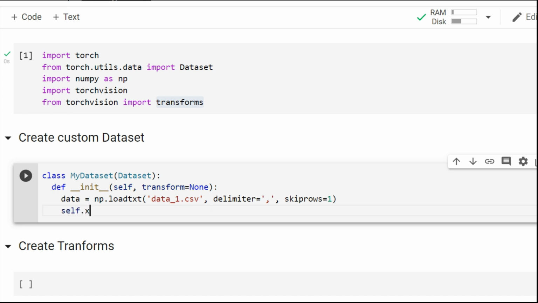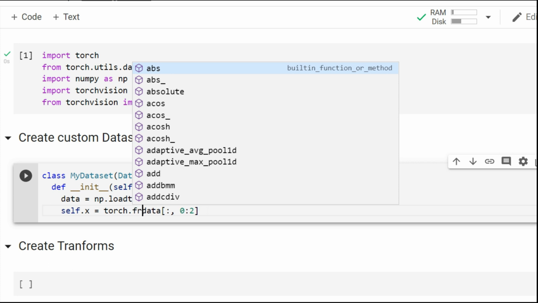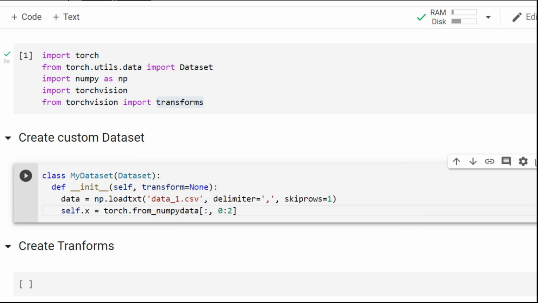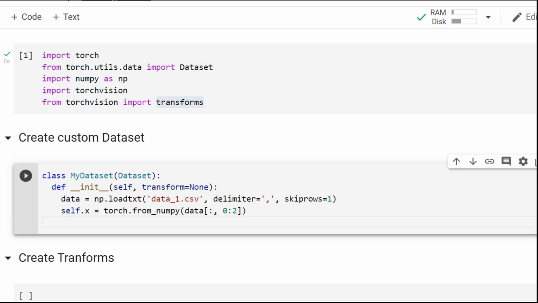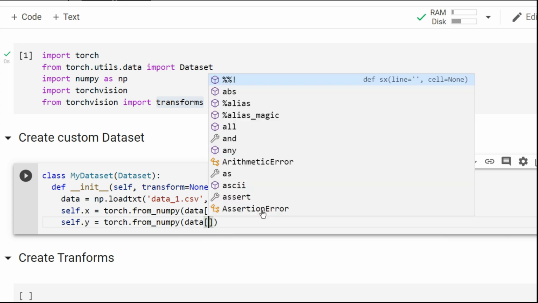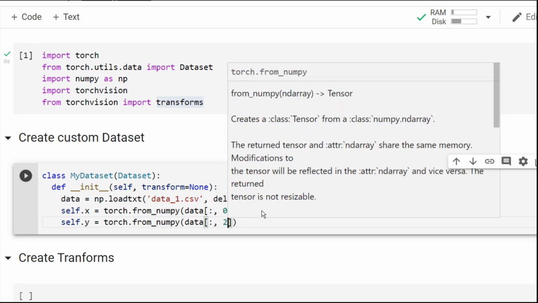Next, let's store the x. So x is in the first and second column, x1, x2. So data, all the rows, sorry, and then in the columns we have to pick the 0 and first column, and it's a numpy array, so we need to convert it to a torch tensor. So from numpy. Similarly self.y equal to torch.from_numpy of data, all the rows and just the third column,